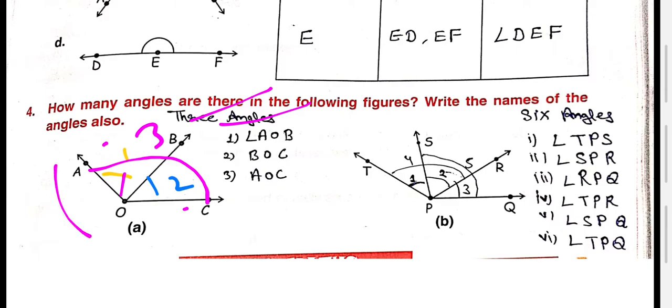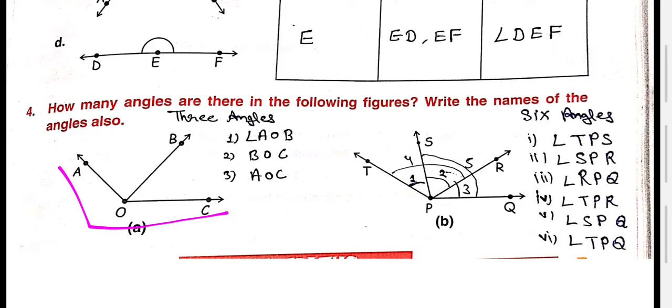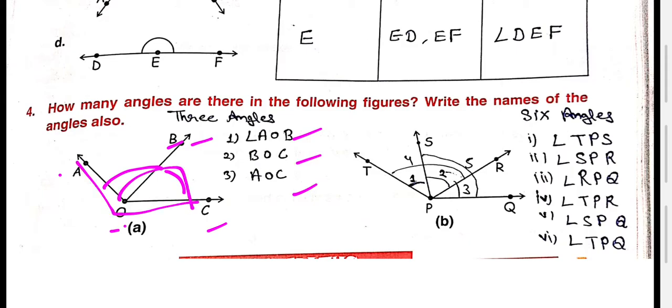What is the name of the first angle? AOB. The angle is AOB right here. Now the second is BOC right here, BOC. And what is the third one? The third one is AOC, the complete angle. It is known as AOC right here. So once again I am telling, first is AOB, what is in the middle? Now the second one is BOC. Now the third one is AOC, the complete angle.